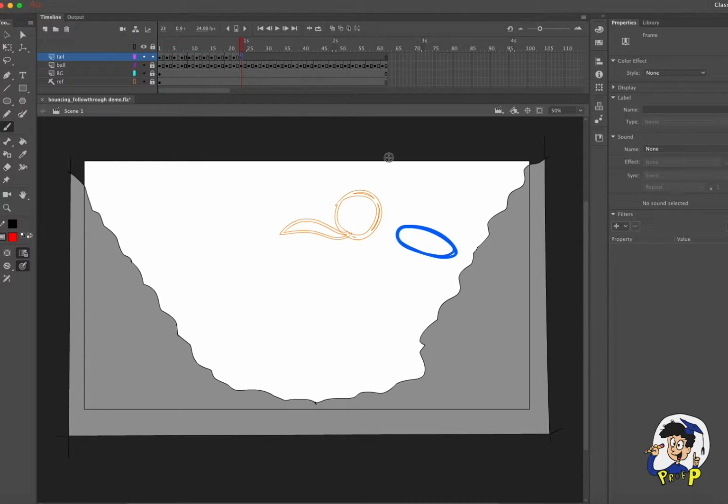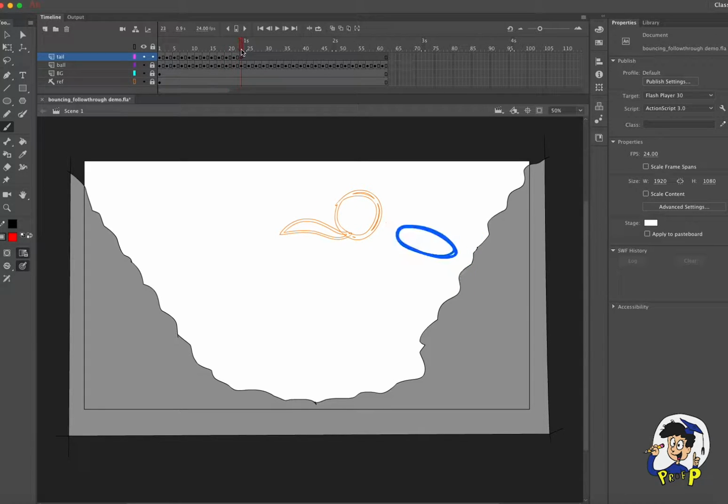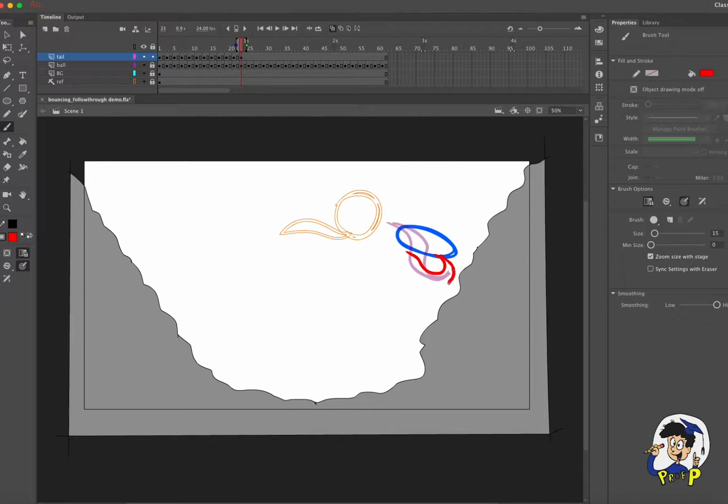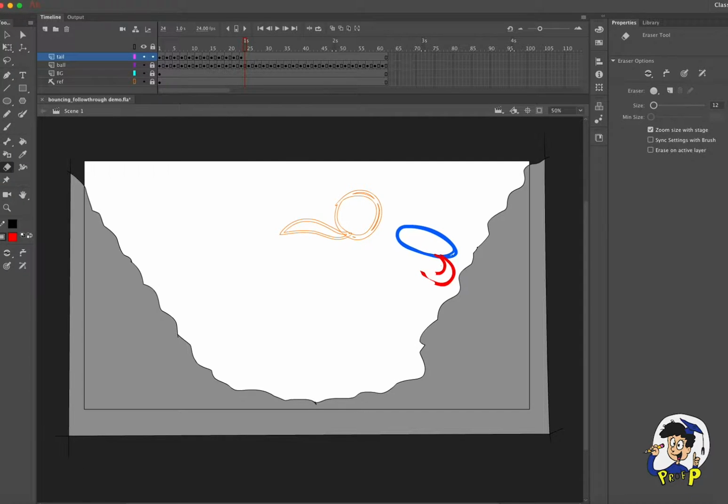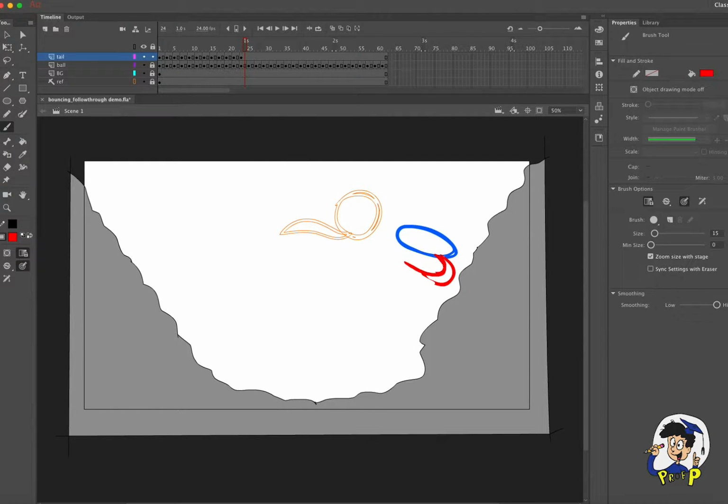Blank keyframe. Now I'm imagining that since the ball bounced and turned around, the tail is kind of behind and turning around, see? I almost feel like maybe I could even... And by the way, when I erased,